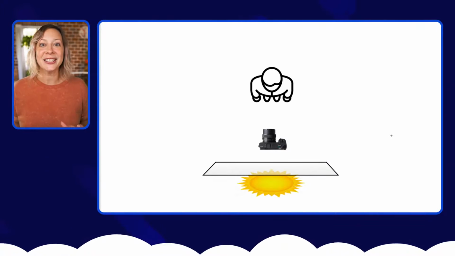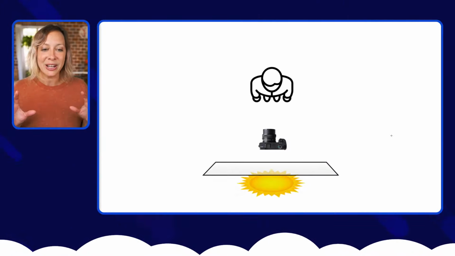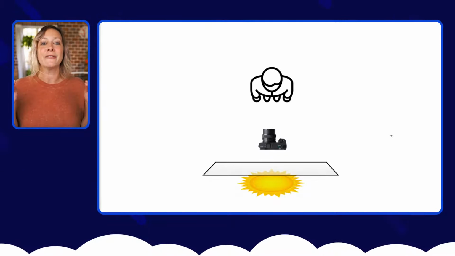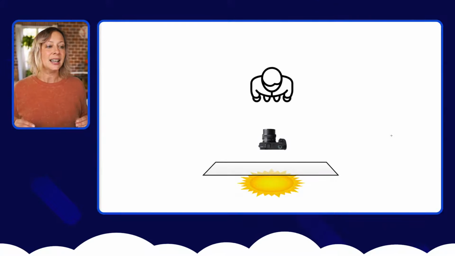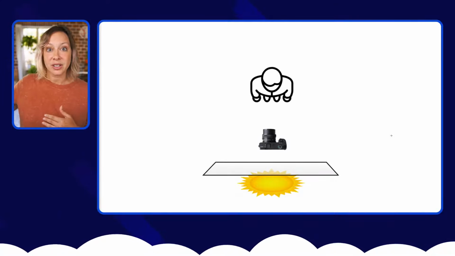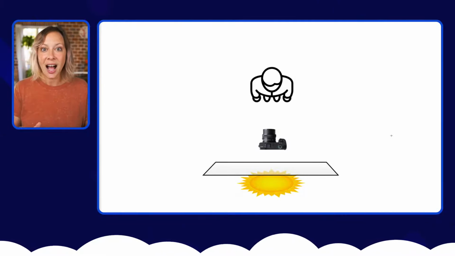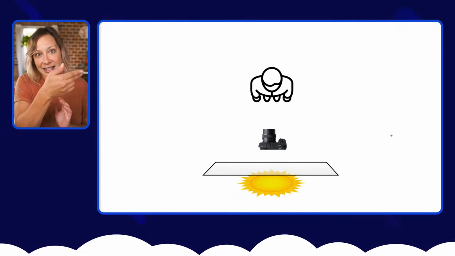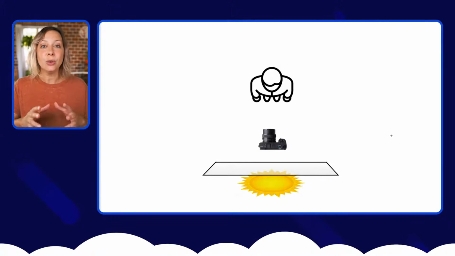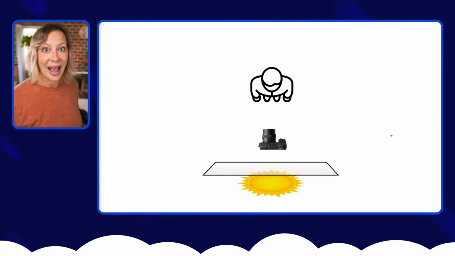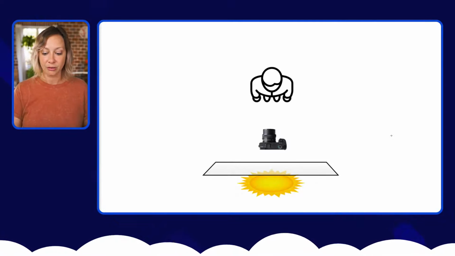I want to make sure that you understand where you are standing, right? You're standing in front of the lighting. The sun is outside the window, of course, right? Your camera is facing you, internal, right? You are not in front of the window. Your face is in front of the window. Your back is not in front of the window. So that's really, really important.